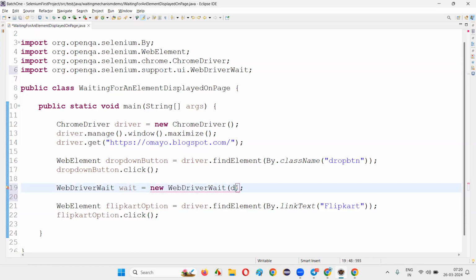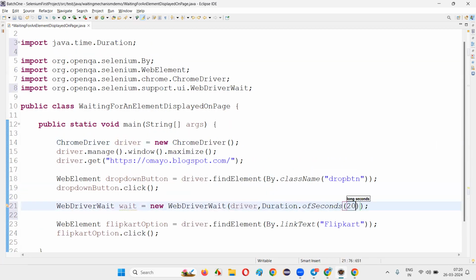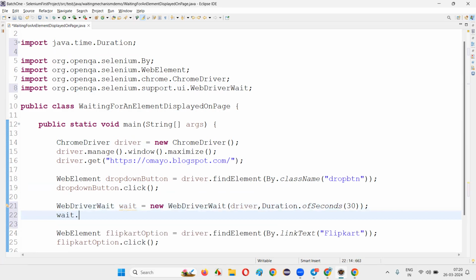And here I have to write driver, comma. One argument will be driver, the other argument will be Duration.ofSeconds. I'll give a maximum of 30 seconds, let's say. It's too much, but I'll give that because it is an explicit waiting mechanism. There is no harm in that. wait.until